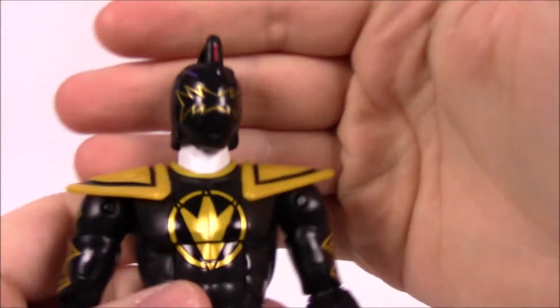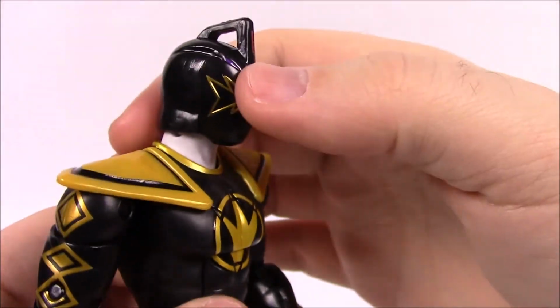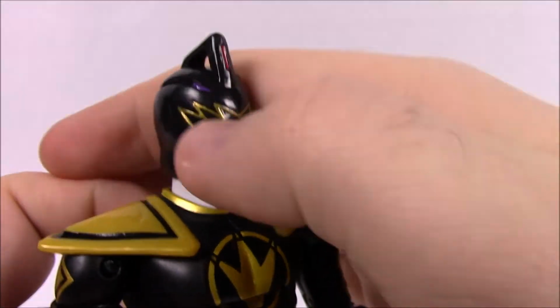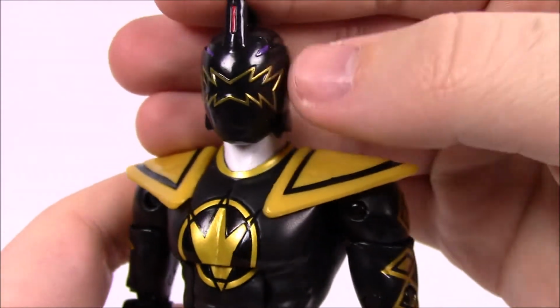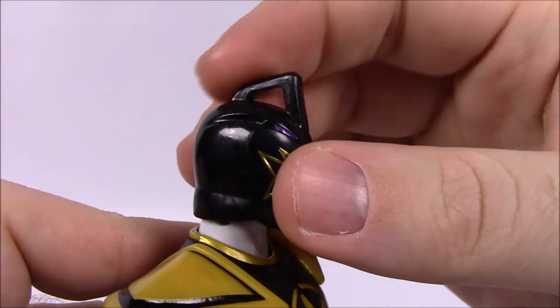So we'll start with the helmet. Of course, this is the Black Ranger, and he is the Brachiosaurus, so that kind of fits in with the helmet design there. So we got the visor here, which again looks like a bunch of teeth, which Brachiosauruses don't have. If they do, they're just like grinding teeth and not sharp points like that, so it kind of doesn't fit in with that design, but it does have the head point here, which of course